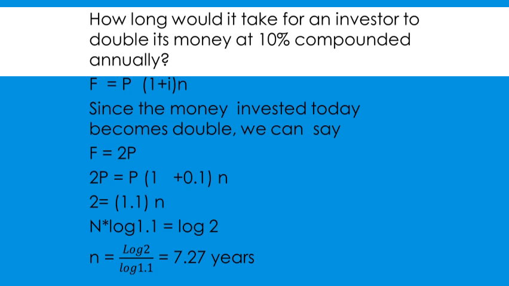First step is, what is it that I am trying to identify here? I am identifying the F. What am I given? This is the relationship between an investor and doubling his money. I am investing some amount today. If I am investing some amount today, that is P.